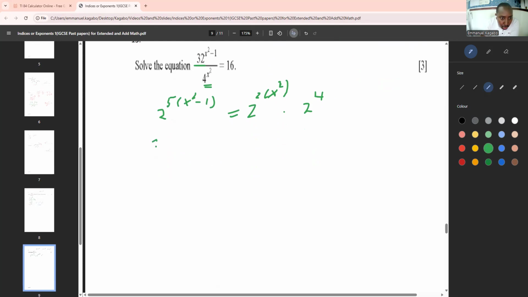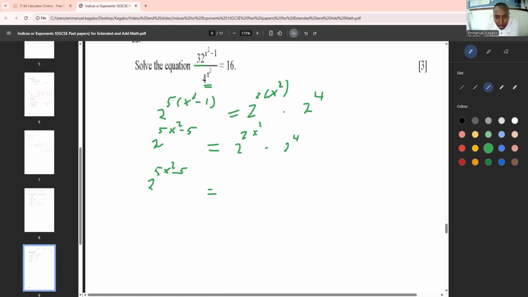Now here it is 2 power 5x squared minus 5 equals 2 power 2x squared times 2 power 4. What do I get here now? This is 2 power 5x squared, right? Minus 5, okay, equals 2 power,